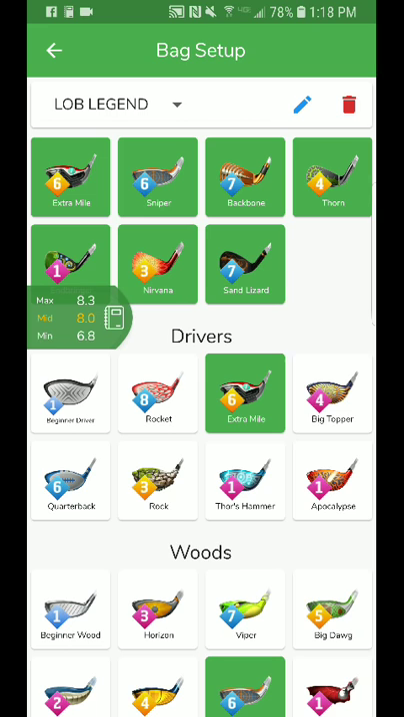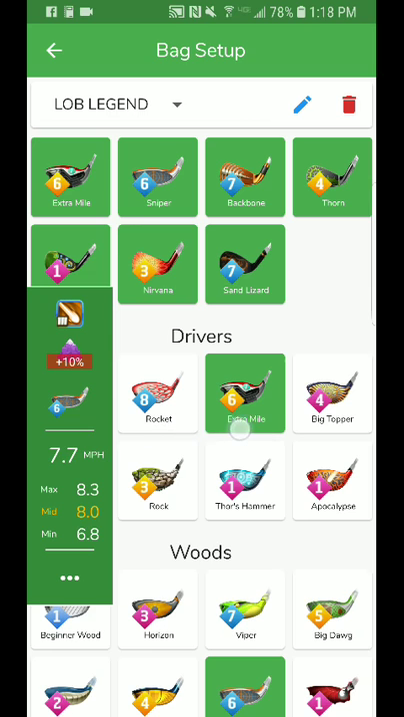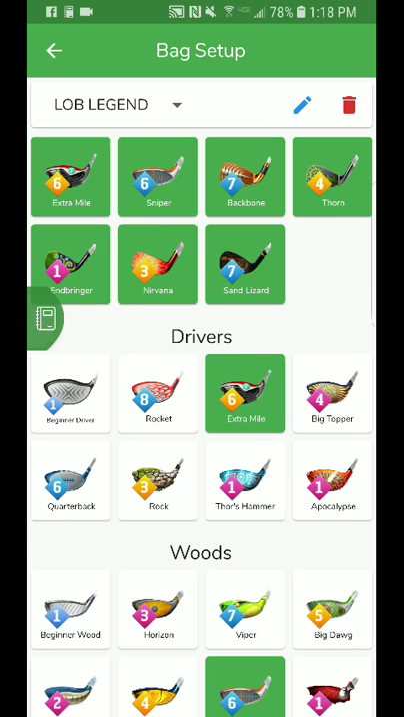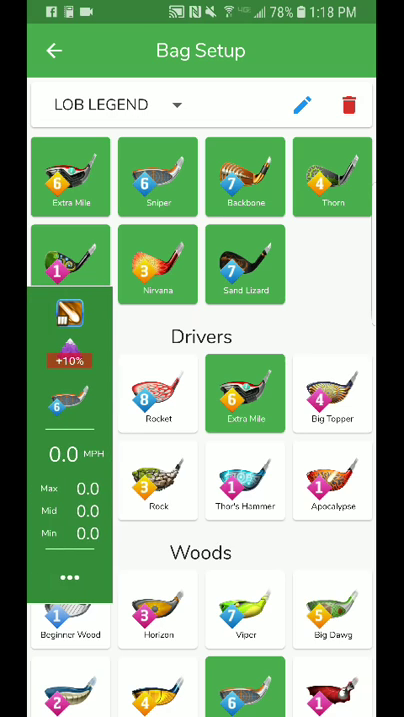So as soon as I get that, I can swipe up or swipe down. Keep in mind that you will not be able to swipe right. You will not be able to swipe left. It's only up and down. Additionally,